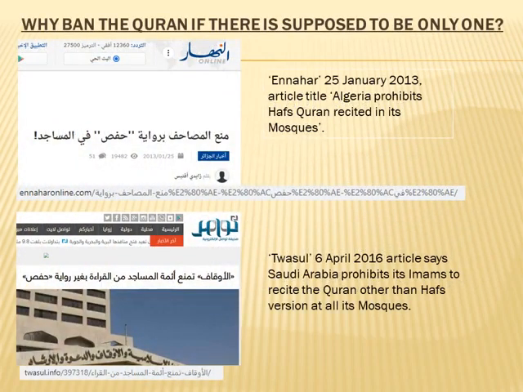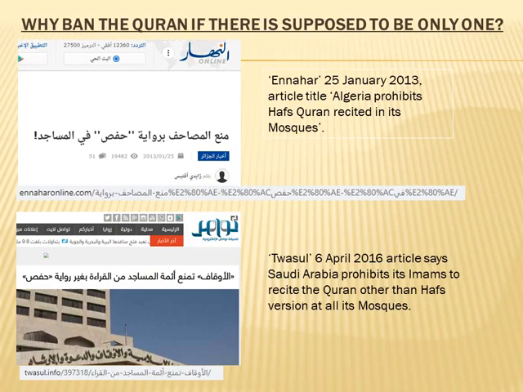A legitimate question is, why do some countries and mosques ban Qurans if there is supposed to be only one Arabic Quran, or if their differences are so minute it does not really affect the overall meaning? The reality is there is a problem from which the source of the Quran comes from, that the differences in the Arabic Qurans are significant, and depending on the region, one of the Quran versions are banned over another.